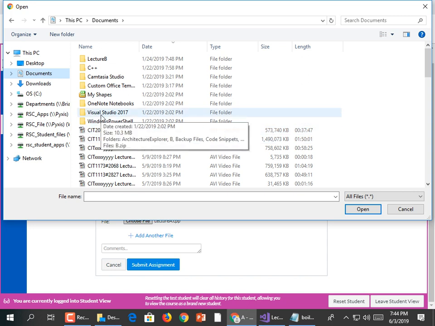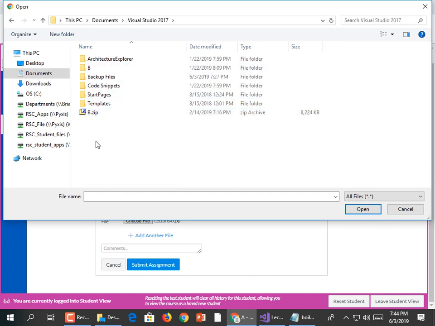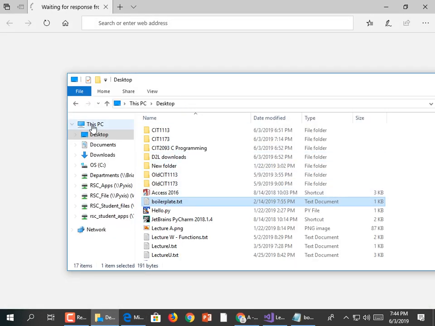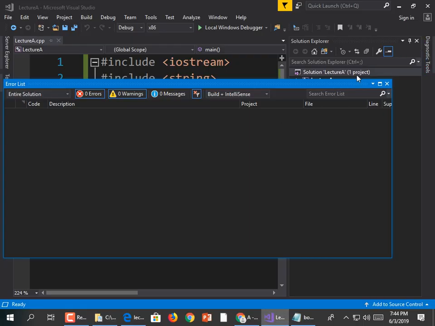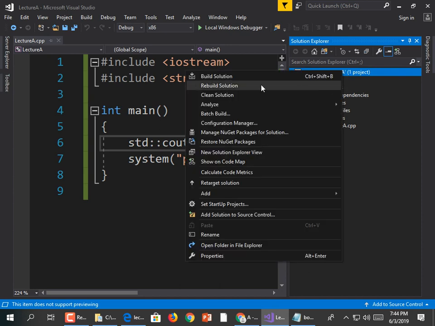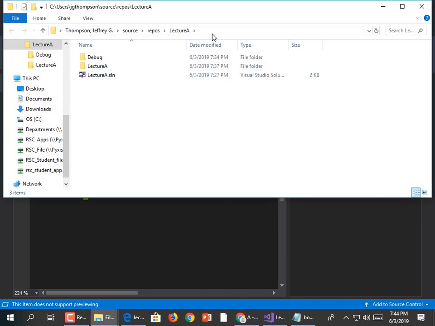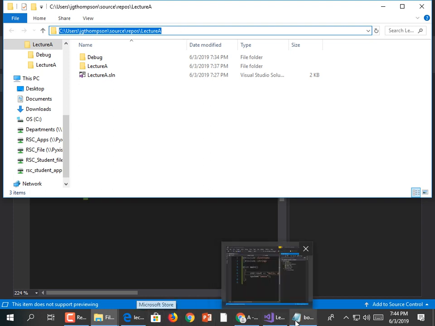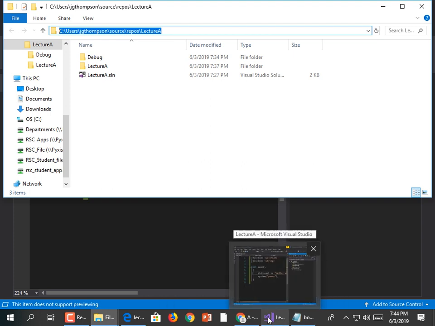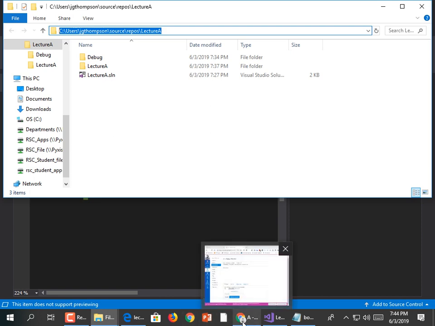Visual Studio 2017, I clicked on Documents, Visual Studio 2017. Did I go to the wrong place? Yeah, for Pete's sake. Easiest way is just to copy that URL path by highlighting the whole thing, right-clicking, and going back into it. Okay, J.G. Thompson, source. It's supposed to be off the Documents directory, so I am going to wind up moving my default Visual Studio folder, but not yet. So, alrighty,